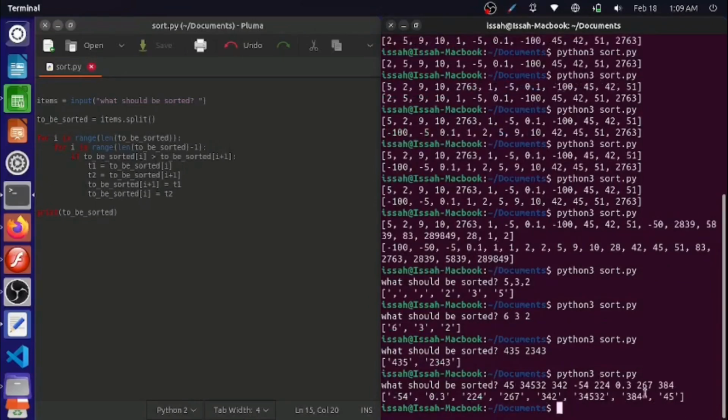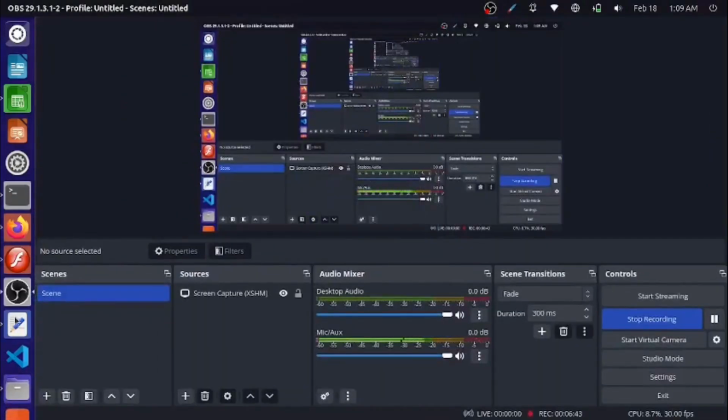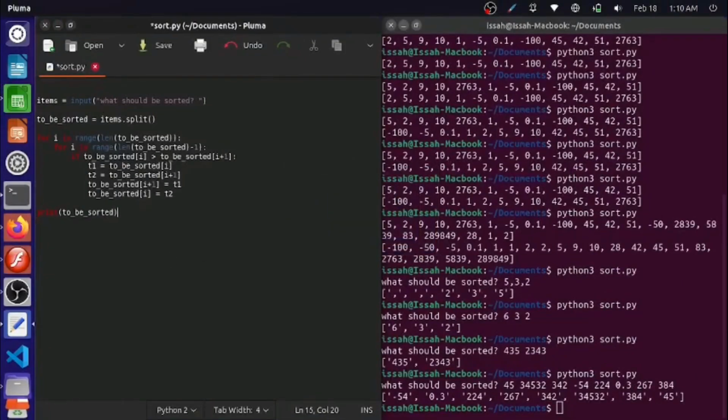Right, so let's use a bunch of numbers. So now you can give it input, and it's going to tell you the order of the numbers. So let's have one more feature. It's not just printing to be sorted just like that. Let's say for IN to be sorted,